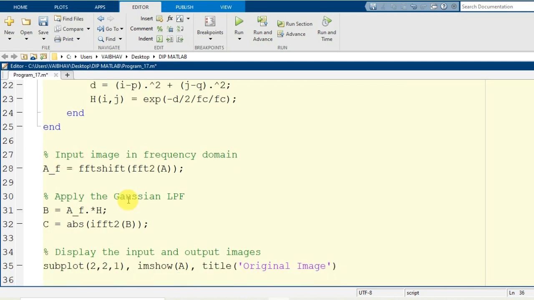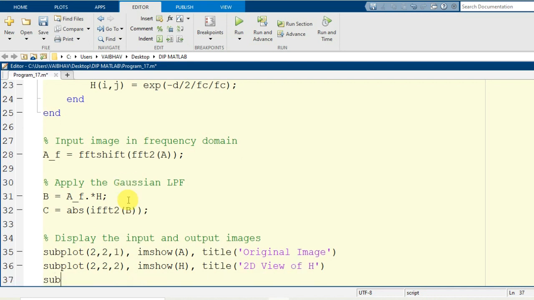In the next line, we need not compress the output of subplot, we need to get it popped up. So subplot 2 comma 2 comma 2 here. In the next cell I am going to visualize the filter function that is operating on the image. The filter function we have generated is named H in a variable. The title I provide is 2D view of the filter function H.